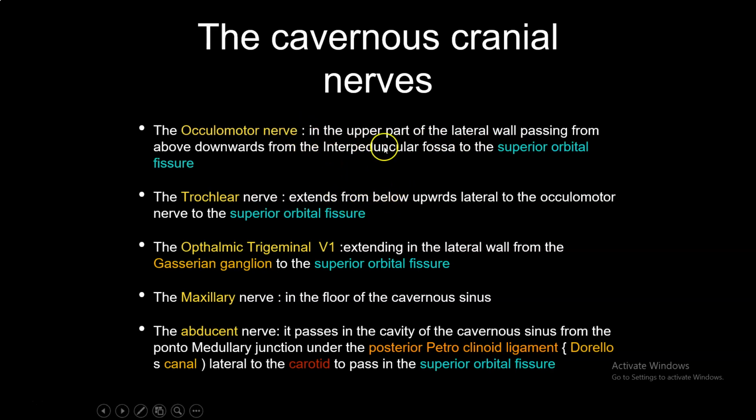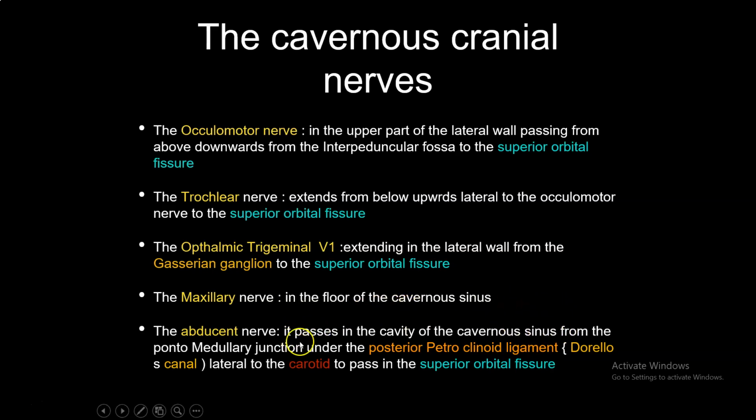Oculomotor from above downwards, trochlear from below upwards, lateral to the oculomotor nerve, passing also to the superior orbital fissure, and the V1 extending in the lateral wall of the cavernous sinus from the Gasserian ganglion, going also to the superior orbital fissure, and the maxillary nerve in the floor of the cavernous sinus. And last but not least, inside the cavernous sinus, the abducent nerve in the cavity of the cavernous sinus arises